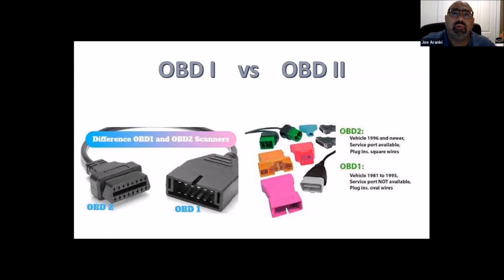And then finally they were like, listen, we need to standardize this. You can have your own sidebar special thing, but we need to standardize this. We want the connectors in a very specific place on every vehicle, and we want very specific data, emission data, to come through on this port. So that's what OBD2 did, it standardized it. You can go buy a scanner right now from a parts store for $50 that will work on every vehicle from 96 to present for the basic global data that they're required to